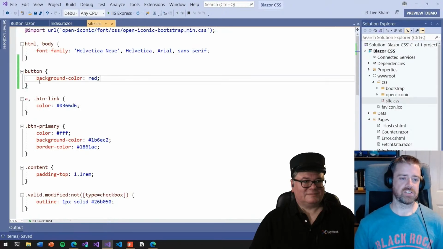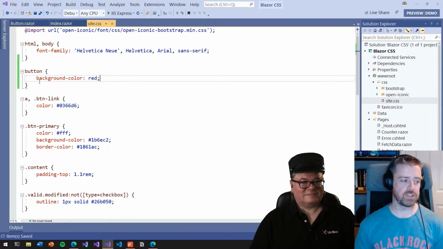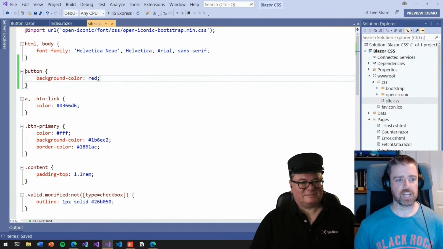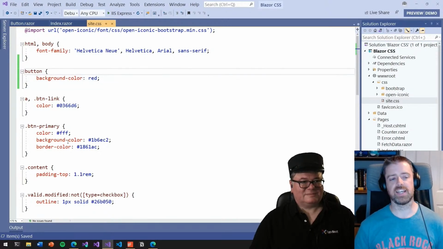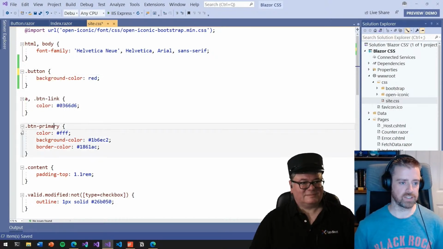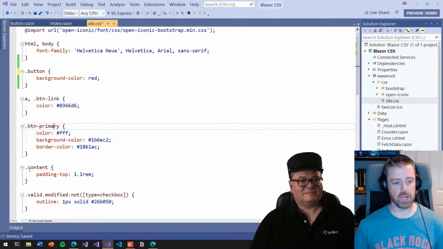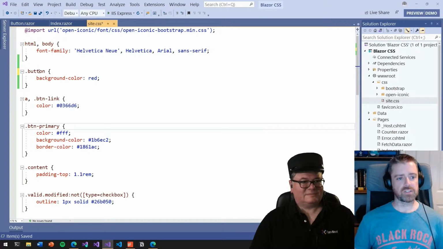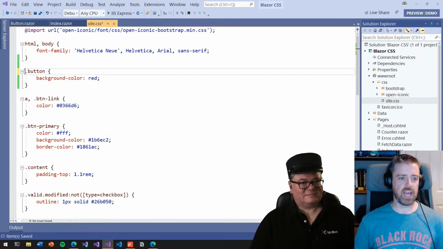So let's have another go at this. Another way that we could style this, instead of styling the element itself directly, is we could actually make this what's called a CSS class. And a CSS class is something that starts with a dot. So that's what we can see down here on these other classes that are in this file. All these ones that start with a dot is a CSS class. So now what we're saying is anything that has a CSS class of button will get this background color of